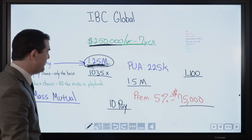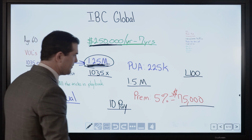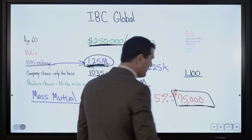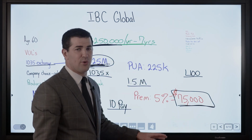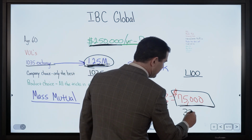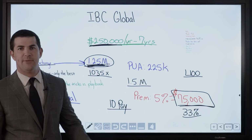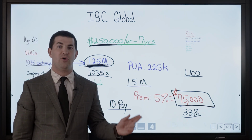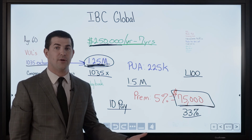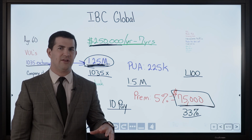However, here's the fun part. With a 1035 exchange, I can still set that base premium at $75K with a 10-pay. So that's as low as I can go. A 10-pay product credits approximately 33% of the base premium in cash value in the first year, and it all comes back beginning year 2. So I get more juice. It's also a lower commission. Without a 1035 exchange, it's typically not that attractive